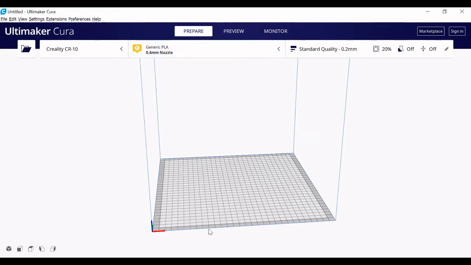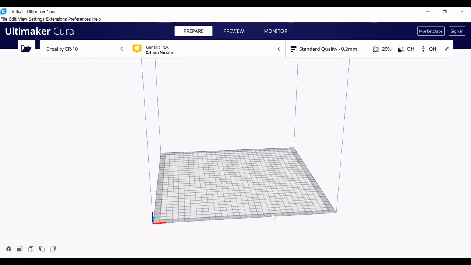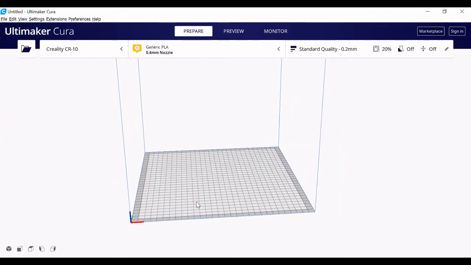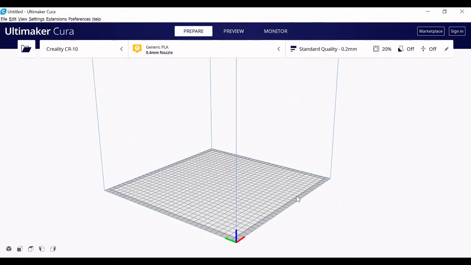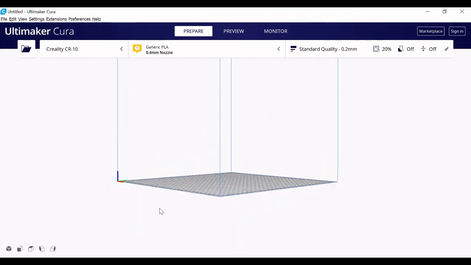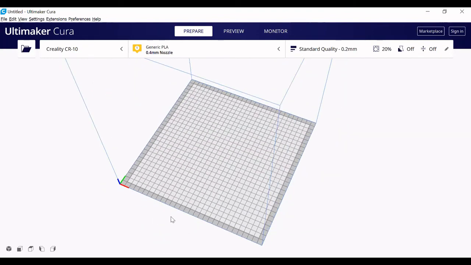Next, this is the platform where we are going to have our design. This can be moved: use your mouse, press the Shift button, then you can move like this. Use the right click of the mouse and you can rotate this.